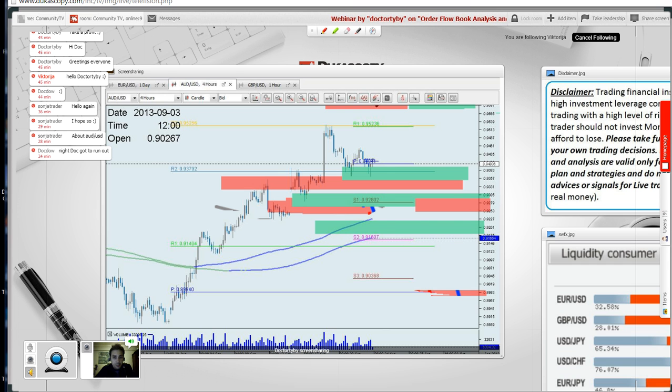0.92, 0.9220. Also, you can see it was very close to the last swing low, and there is technical key level confluence here with the 200 exponential moving average on the 4 hours chart. Lower,